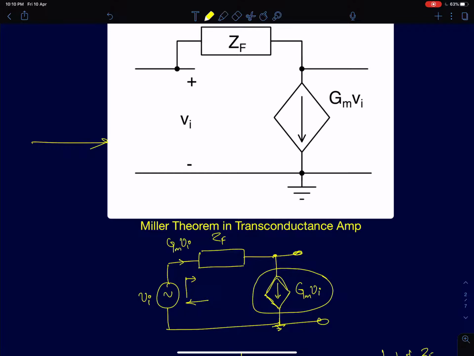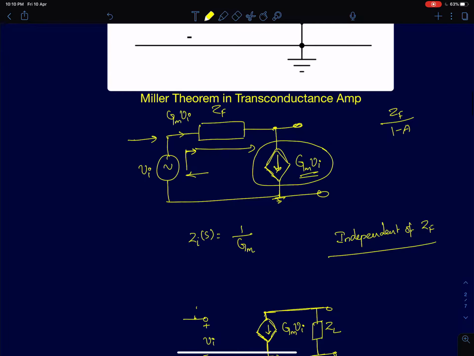For a conventional Miller theorem, just to recall, you will see an impedance of ZF by 1 minus A, A being the gain, the ratio of the output port voltage to the input port voltage. But now, if you find the input impedance here, the current flowing through the dependent source is the same as the current flowing through the impedance ZF. Which is nothing but the same current that is flowing through the input voltage source as well. So as far as the input is concerned, it's always going to see an input impedance of value